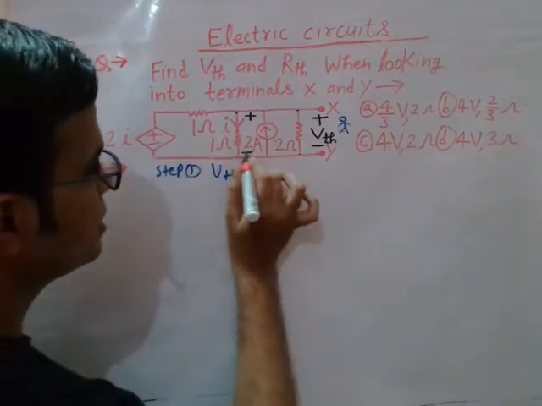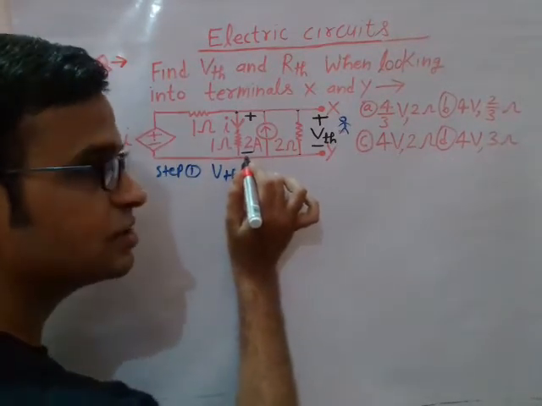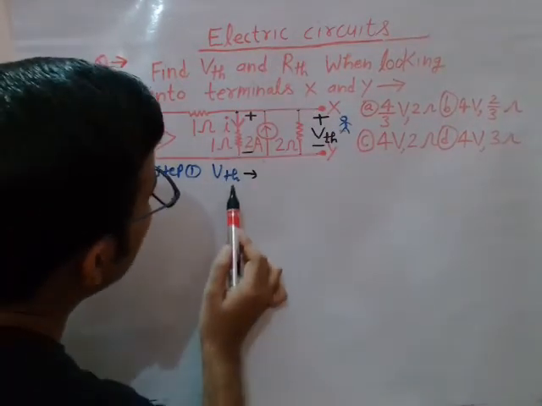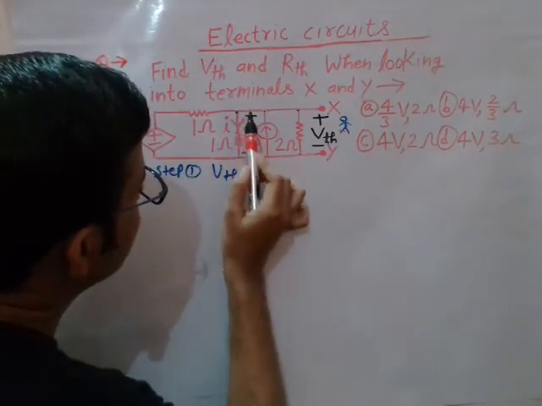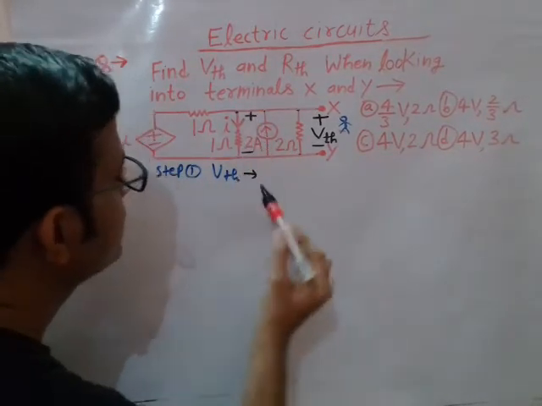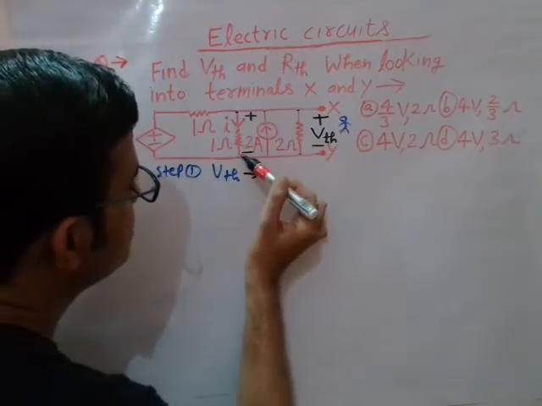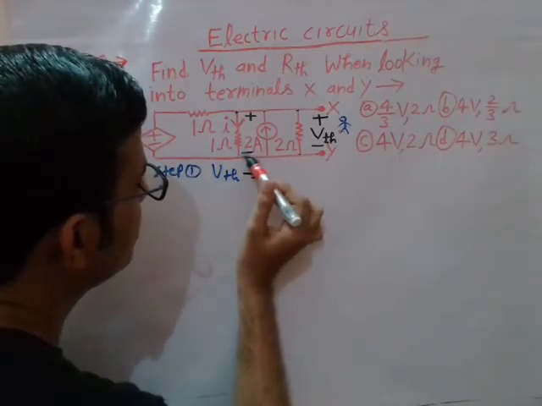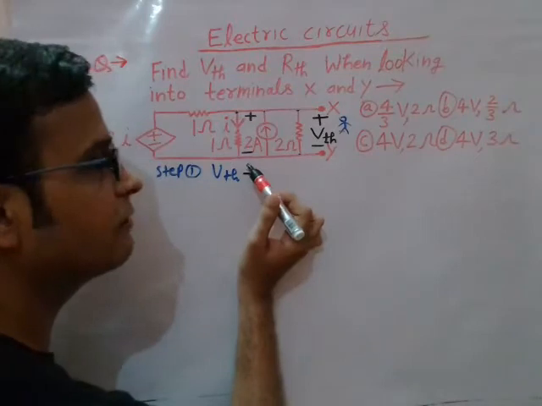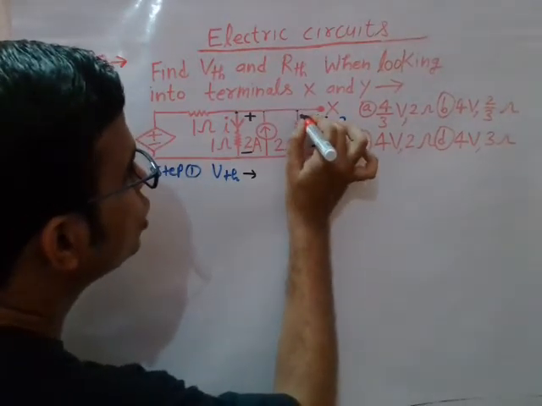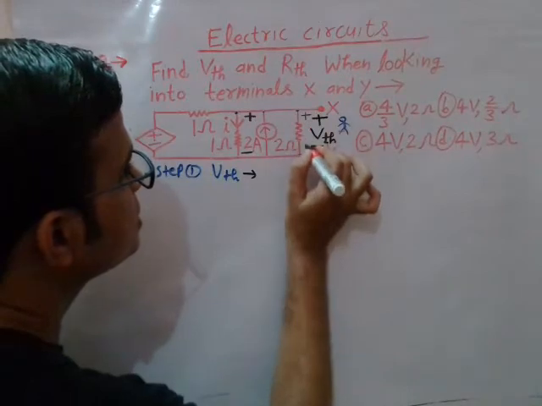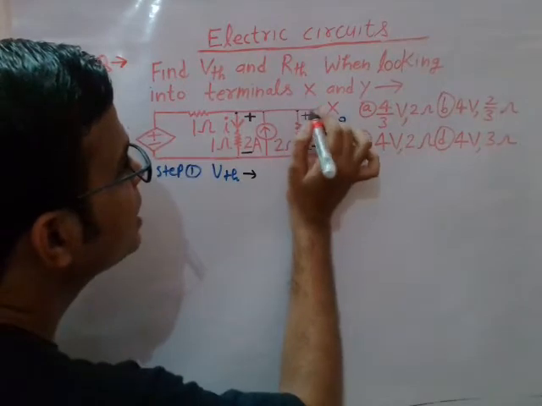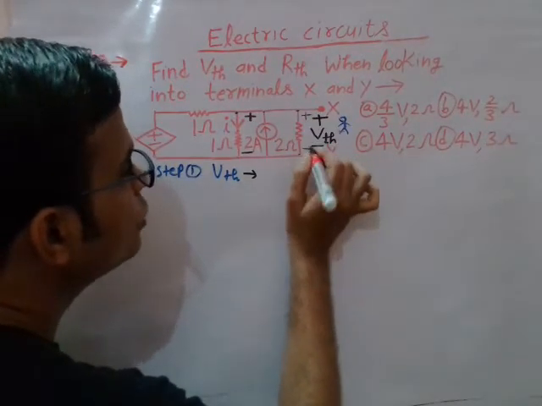So the drop is indicated by this negative sign, right? What is the convention? The convention is that in the direction of current flow there is a voltage drop, and in the opposite direction of current flow there is a voltage rise, which is indicated by this plus sign, right? So in the direction of current flow there is a voltage drop, meaning the latter sign will be negative in the direction of current flow. So you will have the same polarity across this, because this branch and this branch are parallel. So I volt is a voltage drop, as I told you, right?